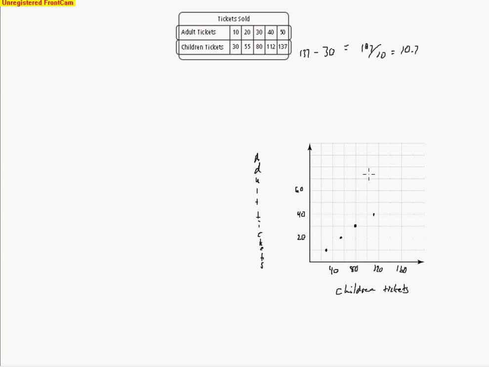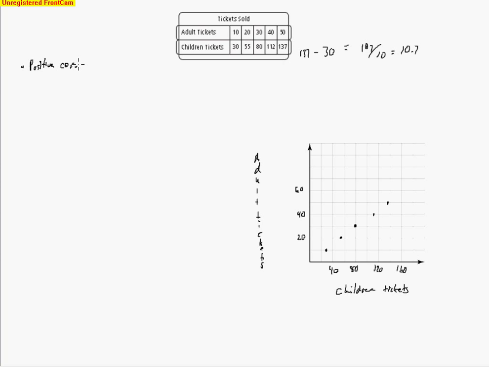And then the last one's 137. So this is 140. So 140, it's really close to 140, and it's up at 50, it looks like. So right about there. So this is definitely a positive correlation. So we have that once more. Positive